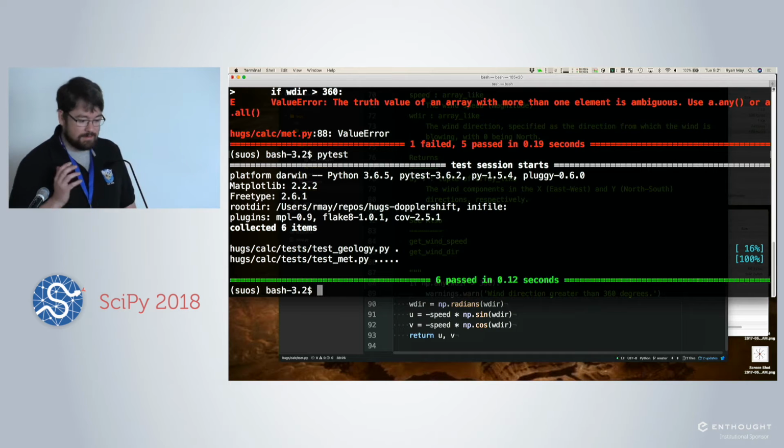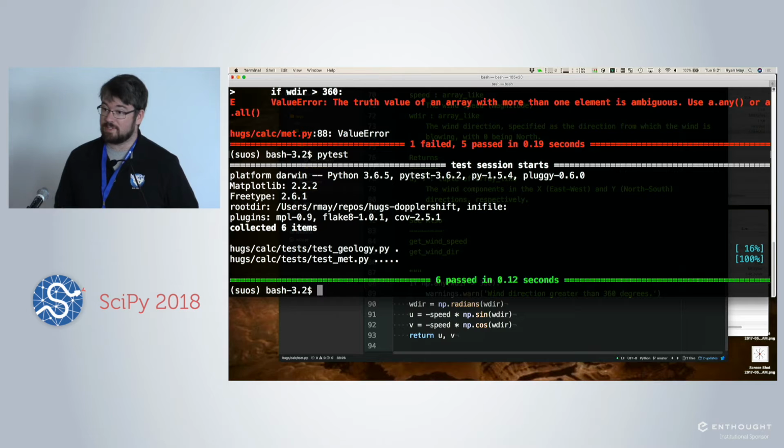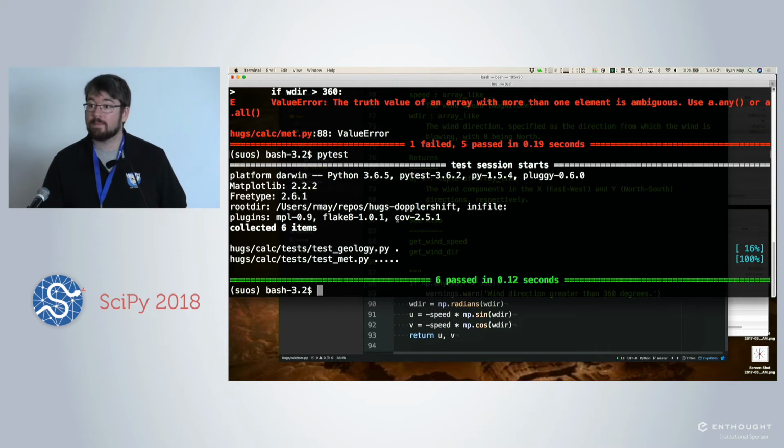So it's one of those things that you may not think about, but when you're writing a function, if you intend it to be able to accept scalars and arrays, you should test that it can indeed do both of those things. Also, the note in the documentation for the function says